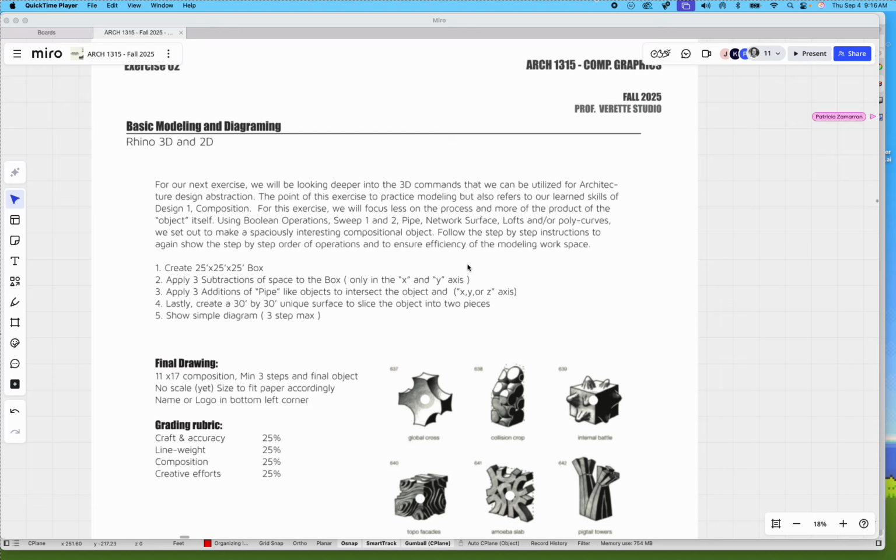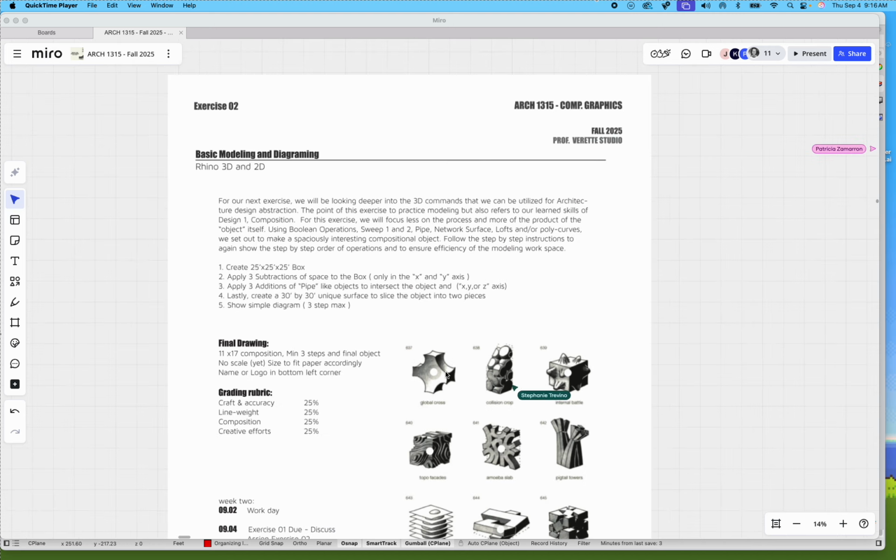However, as I've said before, if you can master Rhino, you can master any other program, or at least those other programs start to become a little bit easier because they're using the same vocabulary, they're using a lot of the same coding and things like this. However, when we get into Revit, you'll see, of course, the differences and the magic of Revit as well. But that being the case, obviously we're still going in 2D and 3D, but really focused on a three-dimensional object today. So really expanding on some of the commands that we can use in order to make some pretty interesting